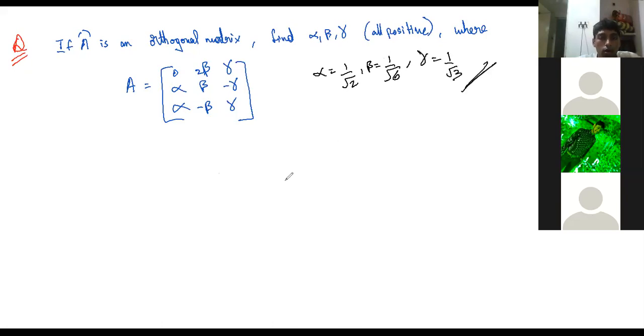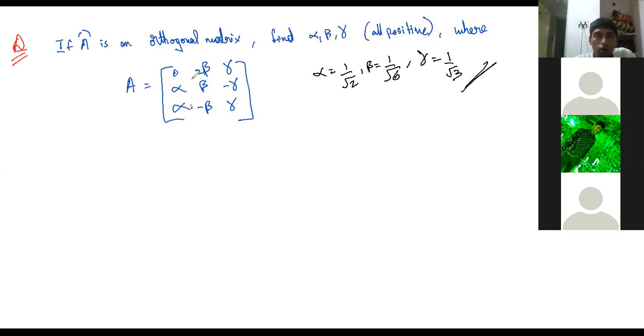What is the way how to do it? Should you go along a row or column? Column. Same thing. Here also we go about a column and consider each column as a unit vector. Even if you want to go about row, it is not going to get simplified easily. Another thing is, the dot product has to be 0. That also you cannot immediately tell.